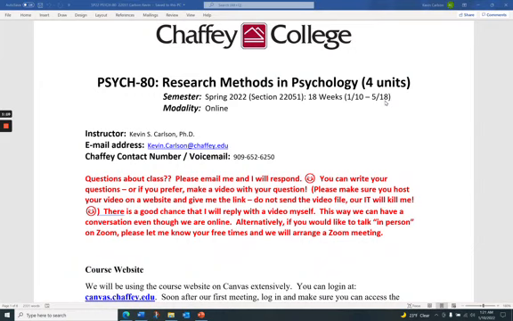On that note, you'll see in red there on the syllabus, if you have questions about the class, and when it says questions about the class, it could be anything. It could be just the class in general, or about the exams, or about assignments, or about the class material that's in lectures, or how to approach various things in terms of the research that you're going to be doing in this class. Any question that you have, I think a great way is to email me and I will respond, of course.